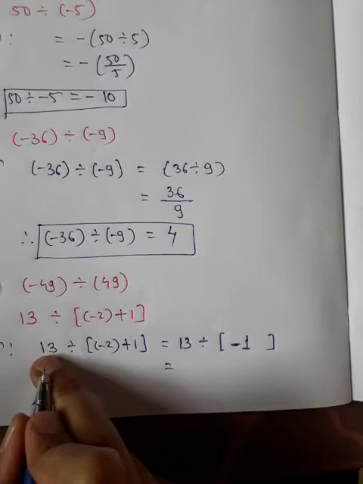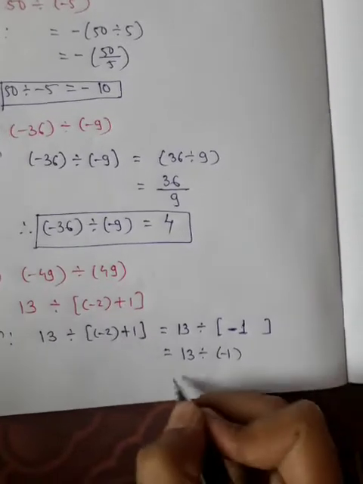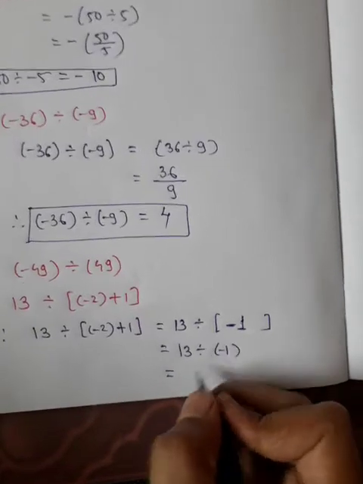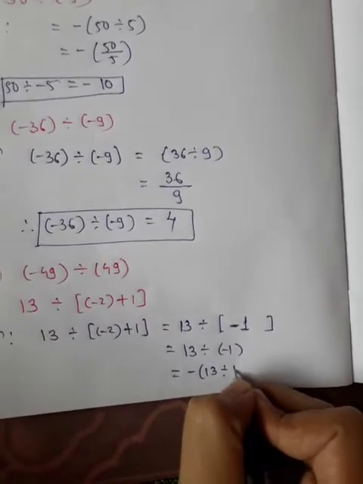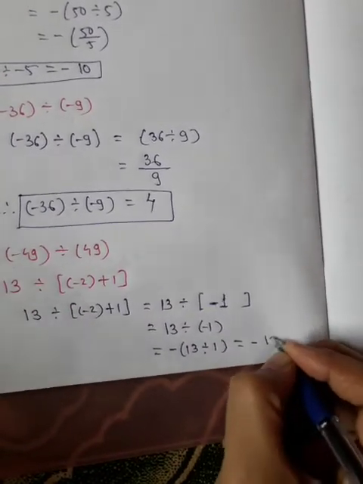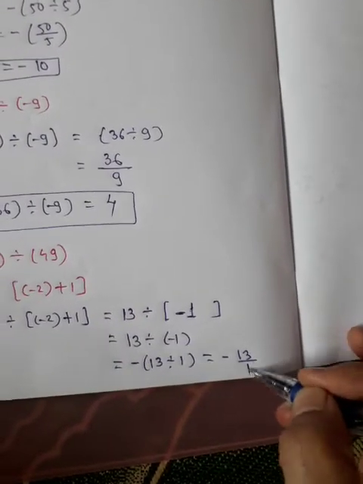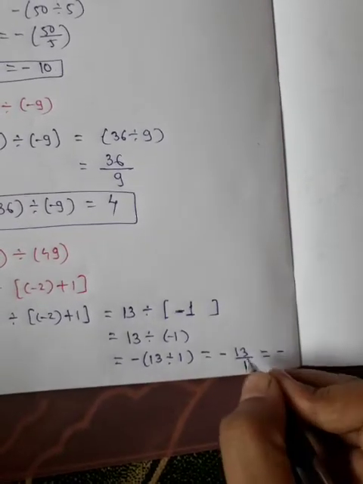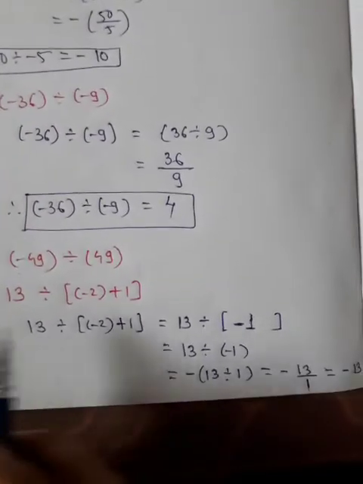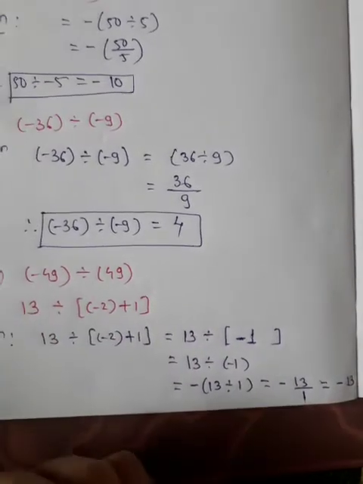So first we have simplified this term, and we get 13 divided by minus 1, and you know how to do this calculation. A positive integer divided by a negative, take the negative sign outside and divide them as whole numbers. So I can write it as minus sign outside, 13 upon 1, and we know that if we divide any integer by 1 it gives the same integer. Therefore the minus sign is added as it is, and 13 divided by 1 gives you 13. In the same way you can solve the examples in which these types of expressions are given.